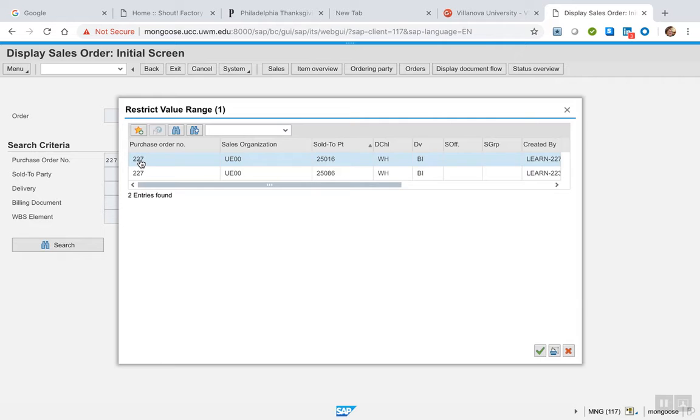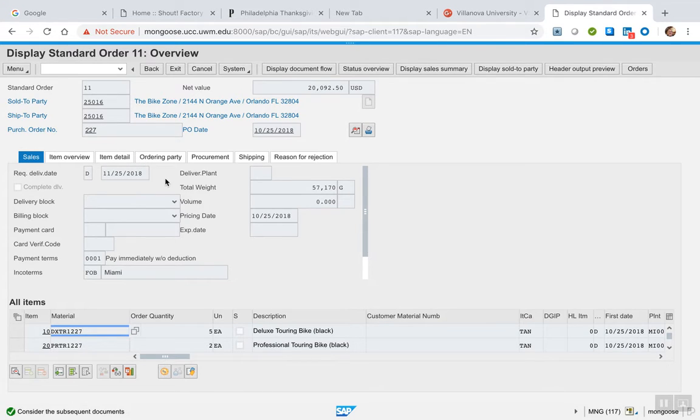So let's go to the one for 227. Just double click on it, or highlight it and click the green arrow. So here's our order. All right. Standard order 11, our bikes, the whole bit. All right. So this gives us the ability